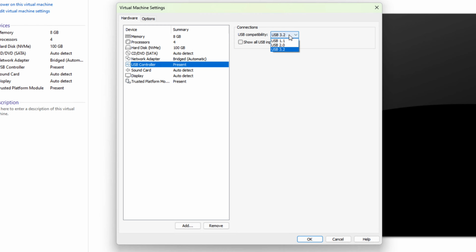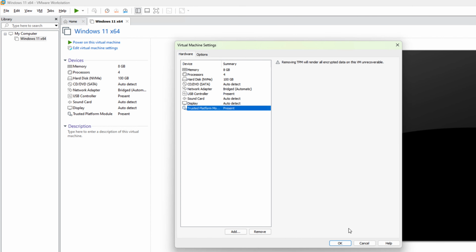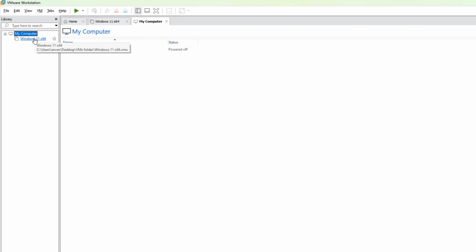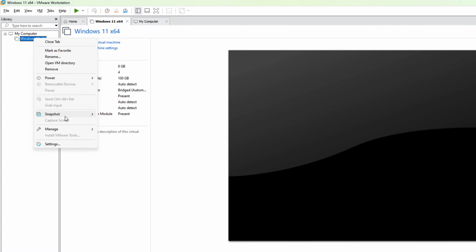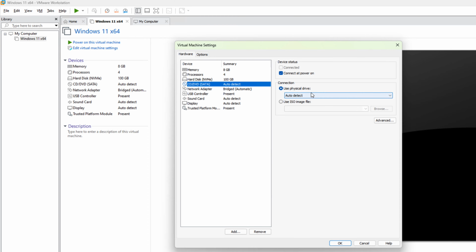USB controller compatibility 3.2, so the latest version supports USB 3.2. The previous version of VMware Workstation, version 17, was able to support only USB version 3.1. Sound card is detected, trusted platform module is present, and we say OK. Now we need to actually inject here an installation file for Windows 11 via CD DVD. We should say use ISO image,